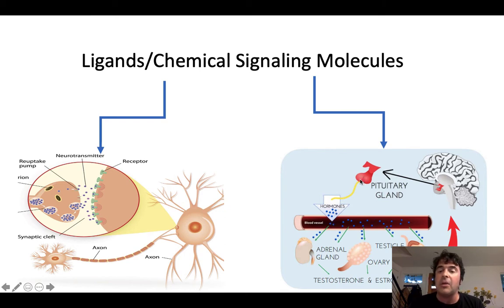In fact, any chemical signaling molecule secreted directly into the blood that then travels to a distant target organ. So this would be an example of hormones released by the pituitary gland traveling all the way, for example, to the ovary or the testes or to the adrenal gland, right? Any chemical messaging molecule released directly into the blood is called a hormone. The two ligands we're going to focus on most in this class and in AMP2 are neurotransmitters, which are the chemical messengers used by the nervous system to communicate with other cells. So neurotransmitters are what neurons use to communicate with other cells, and hormones are what endocrine glands use to